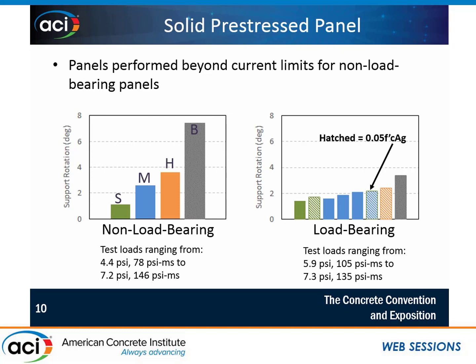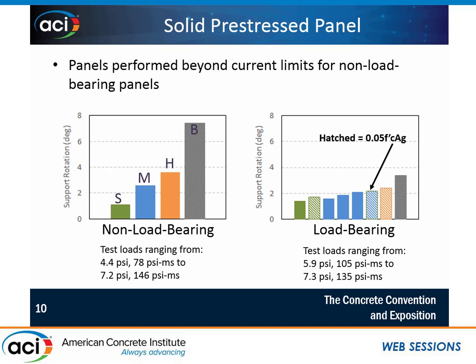This is jumping straight into the results. So there's 2 different charts here. We'll start with the one on the left. So we also tested some non-load-bearing configurations as well. What's shown here, each of these bars represent an individual test that was performed. Colors also represent the qualitative damage that we observed. So for example, green is superficial, M moderate, H heavy, and then B blowout, where we have complete failure of